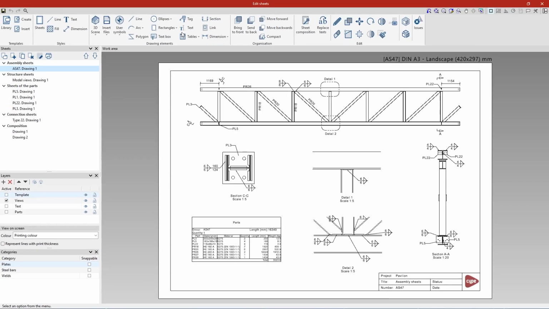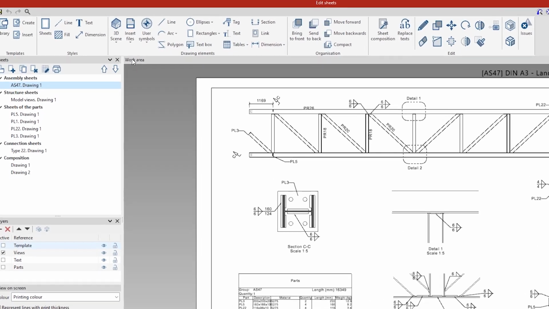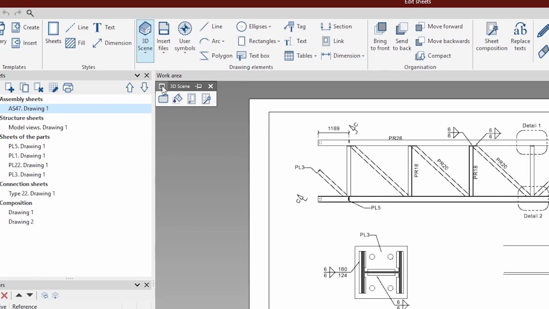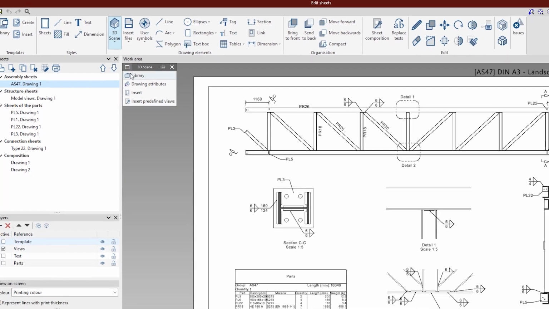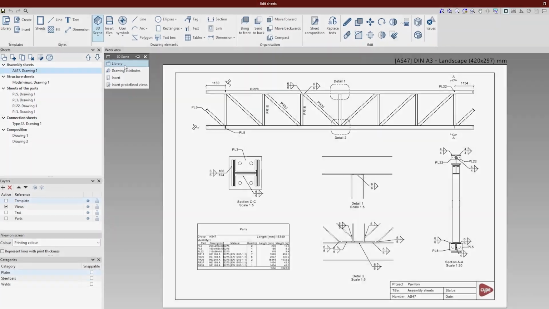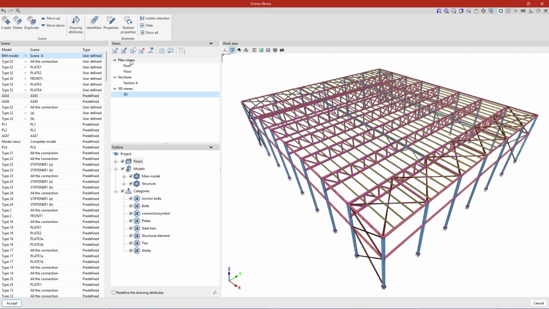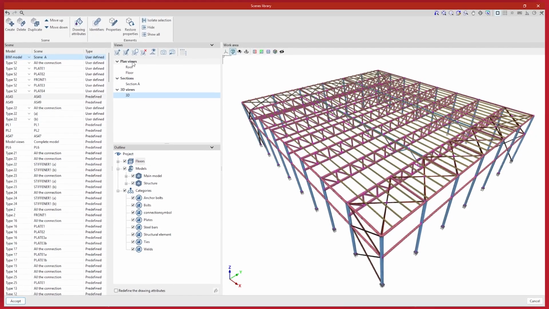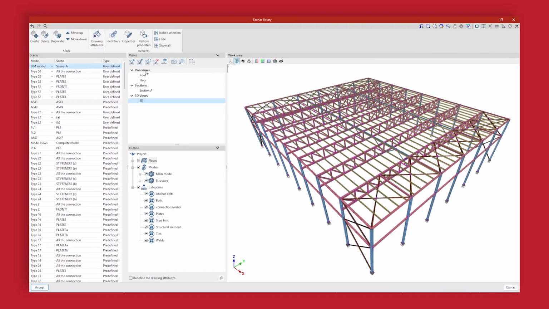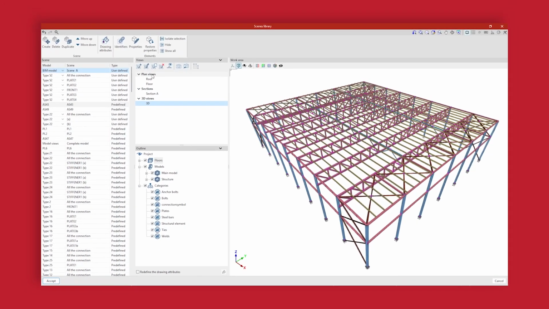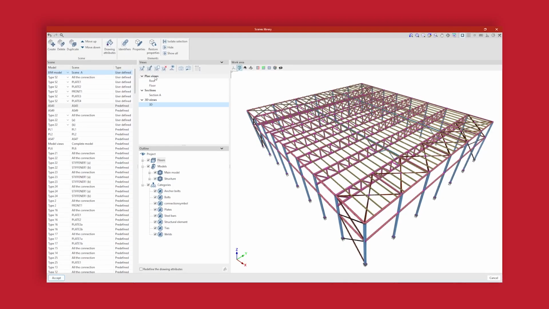The options for managing and inserting scenes are available in the 3D Scene menu in the top toolbar in the Drawing Elements group. The first one allows us to access the Scenes library. With the 3D Scene library, we prepare, create, and configure views of the model or parts of it so that we can insert them later in the sheets, including floor plans, elevations, sections, and perspectives.